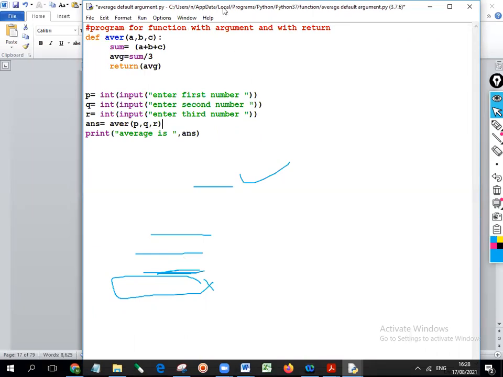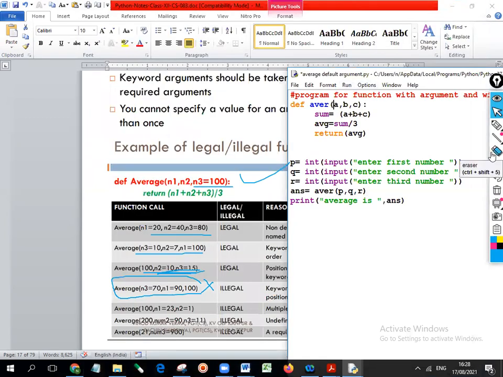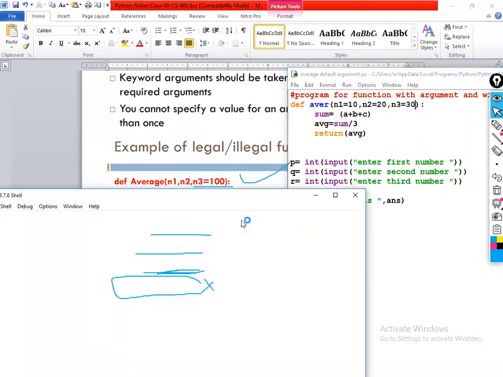n1 n2 n3, so let us take n1 equals 10, n2 equals 20, n3 equals 30. This is the first one we are taking. First we are using